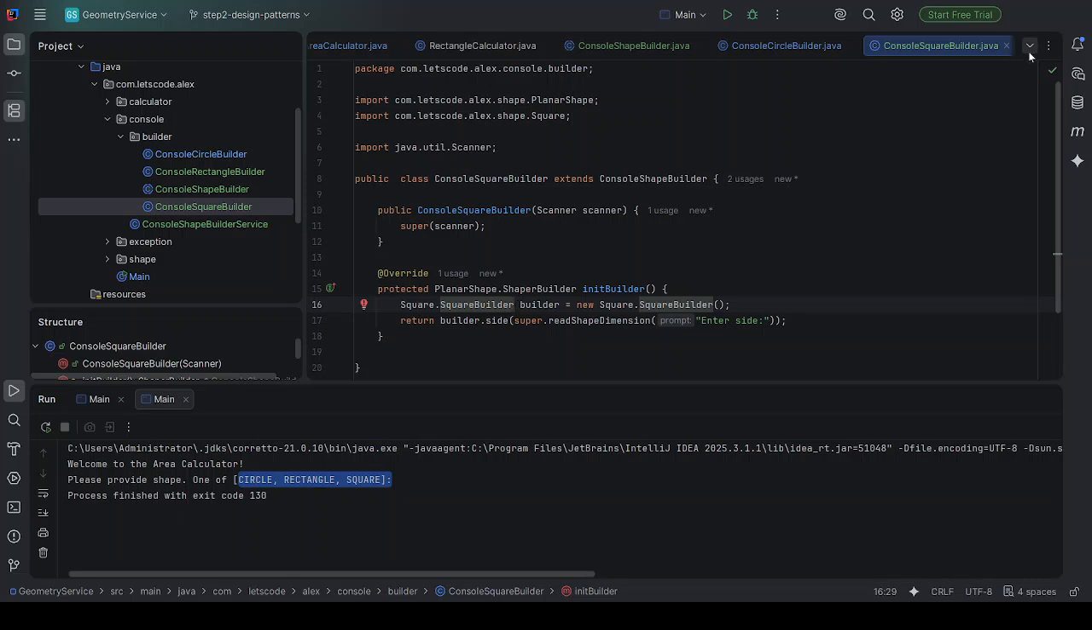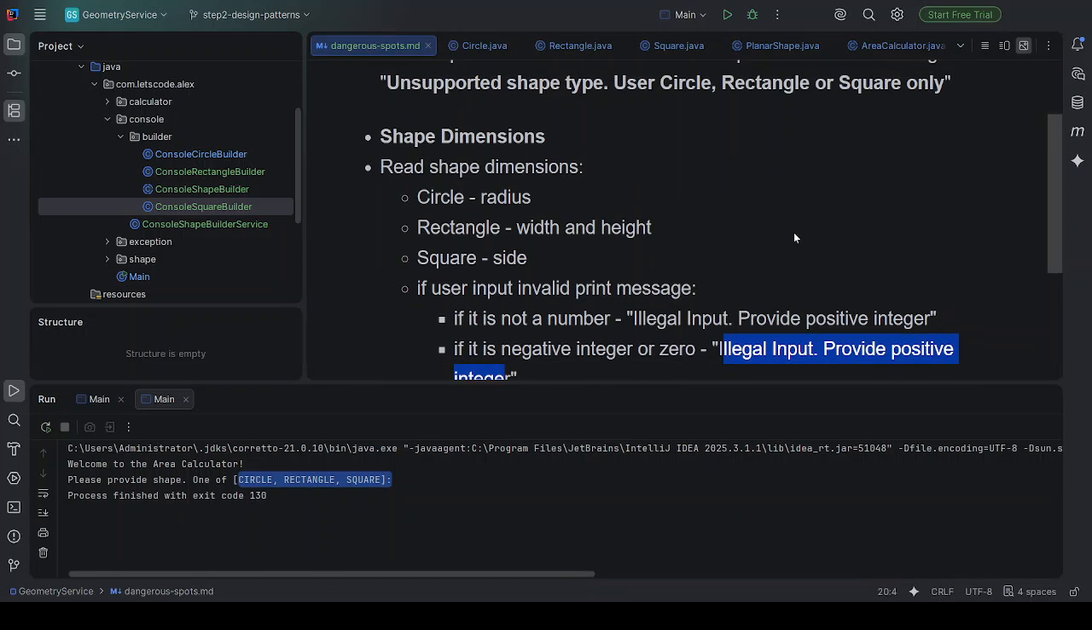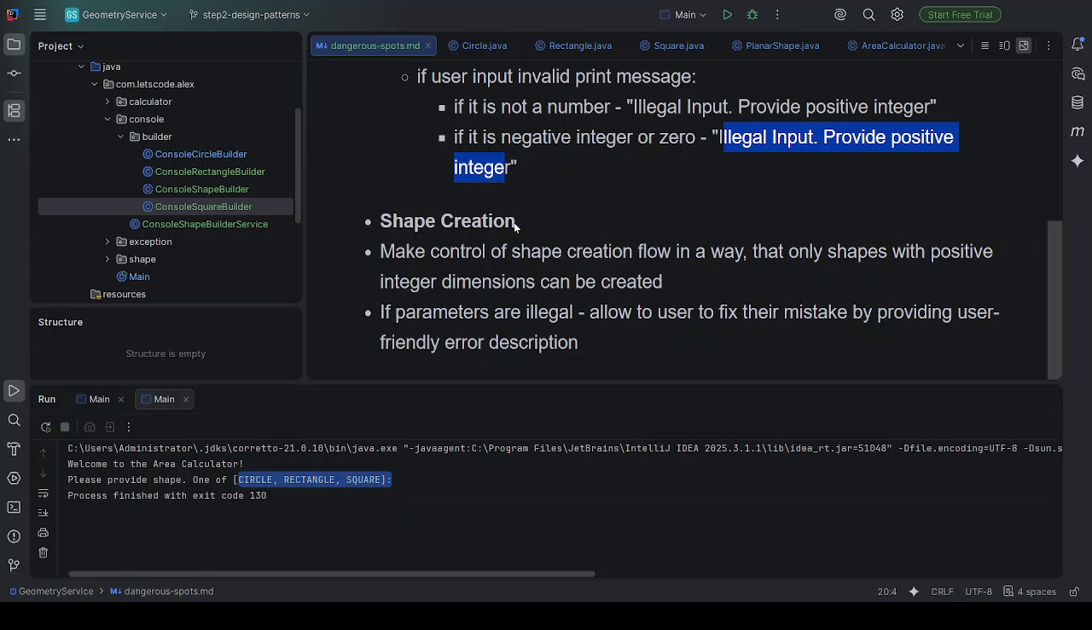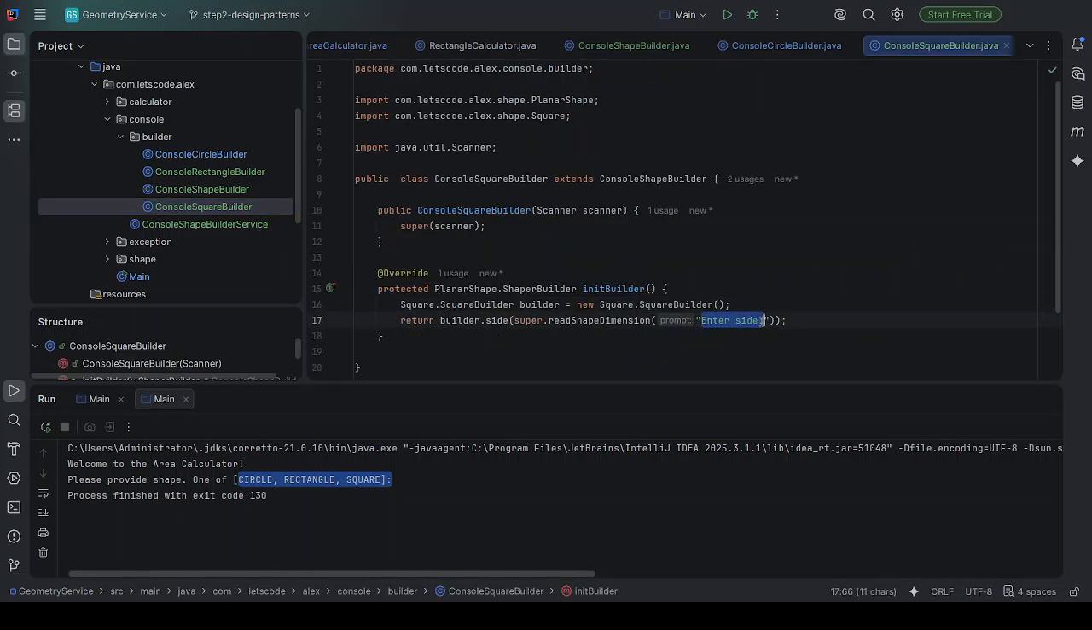So let's go back to our file here. Let's check the shape creation issue. "Make control of shape creation flow in a way that only shapes with positive integer dimensions can be created", checked, we do it using builders only. "If parameters are illegal, allow the user to fix their mistake by providing a user-friendly error description." We also did it by providing this prompt, "enter side", and the main build